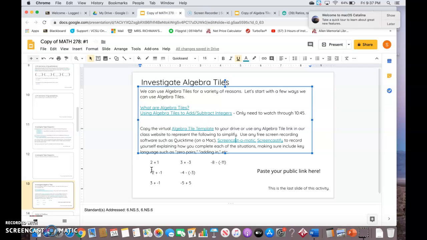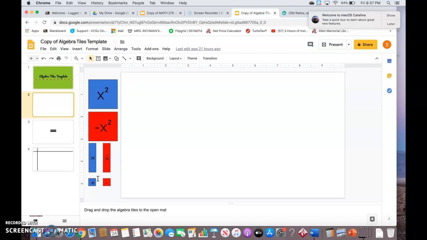Today I'm going to show you how to use algebra tiles to solve the following equations. Starting with 2 plus 1. To show 2 plus 1 using algebra tiles, one would take a plus tile, or a positive tile. So I get a hold of it. Put it in place